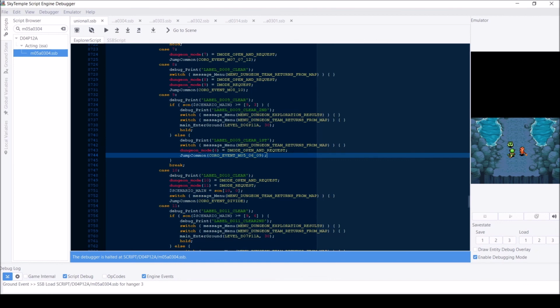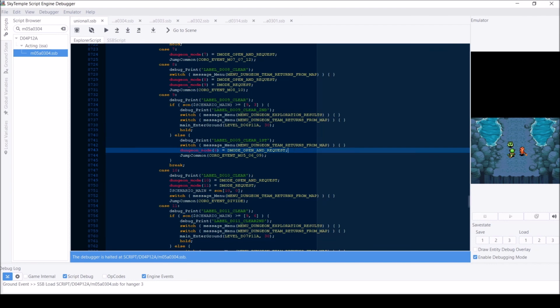I also added in dungeon mode 6 equals D mode open and request. Again, watch that Paracoopa video, but this basically makes it so the original Waterfall Cave no longer has the first